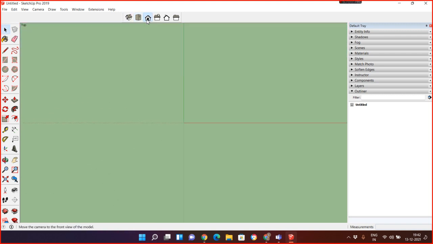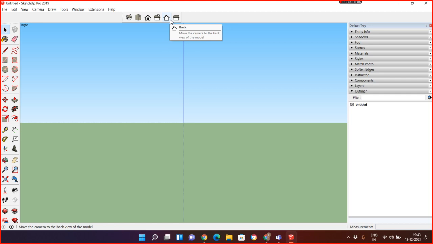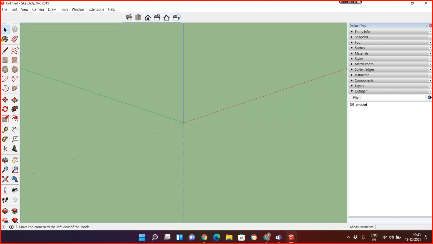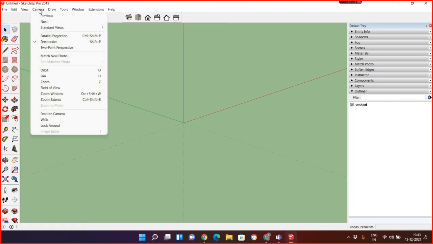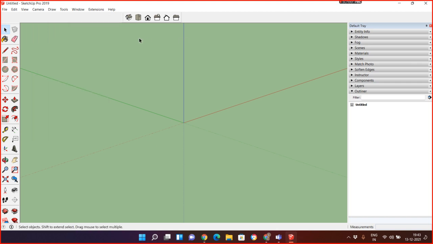I'm going to top, front, right, back, and left. These five are orthographic views. So one is missing. Which one is missing? Bottom is not there. If you want the bottom, you need to go to camera and bottom. Okay, that is the isometric view.